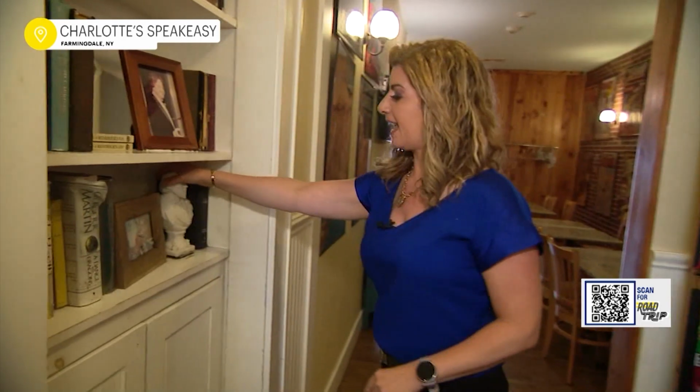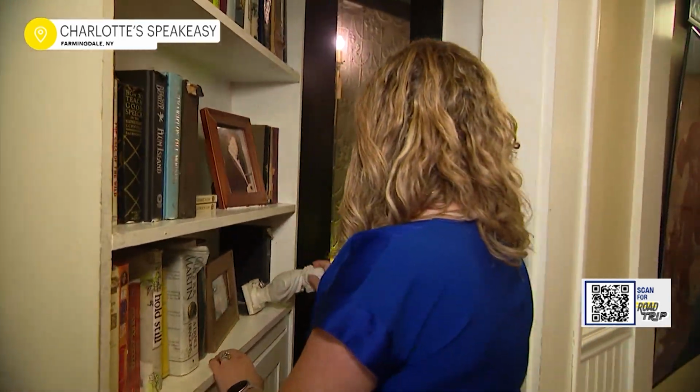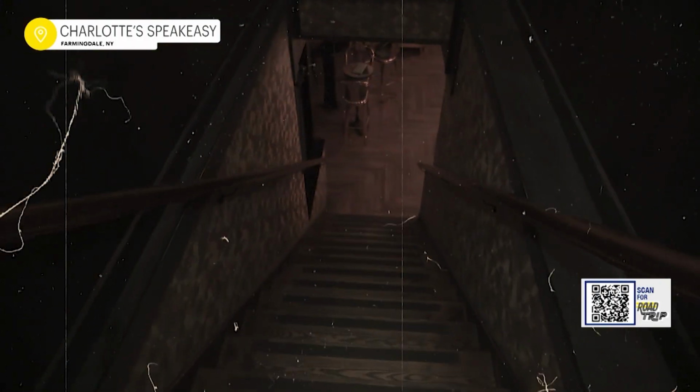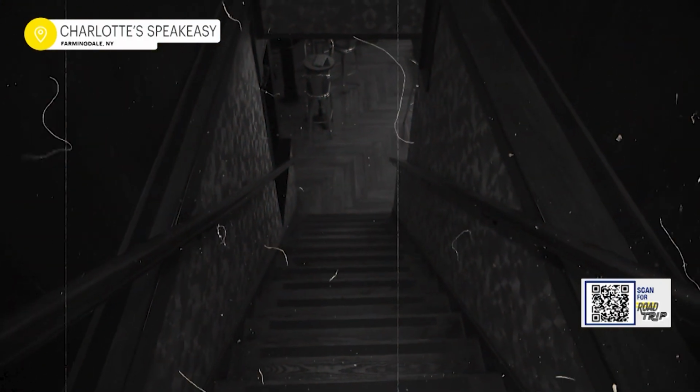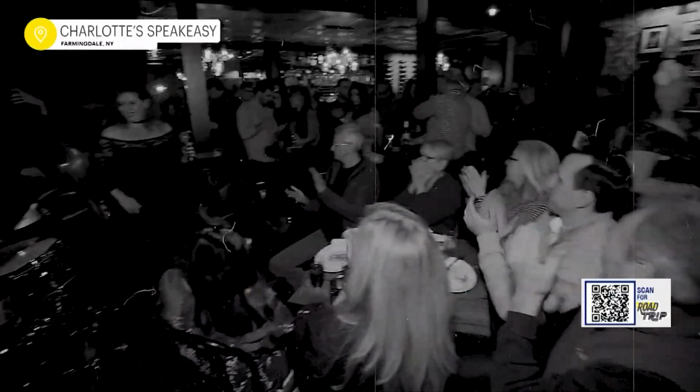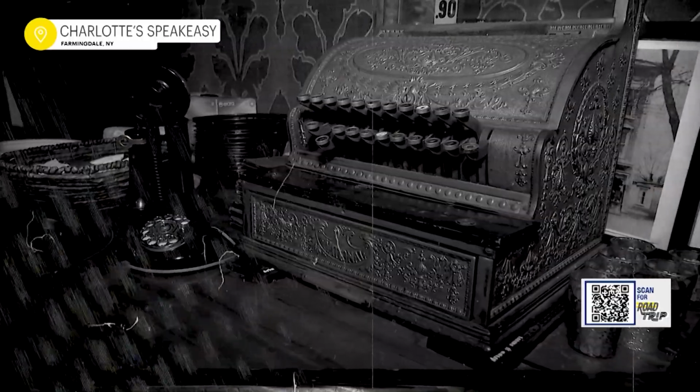But at night, a hidden door that looks like a bookcase unveils a beautifully restored Prohibition-era speakeasy, transporting guests to the 1920s. A place where live bands play jazz and blues and where people can be surrounded by the reminders of the